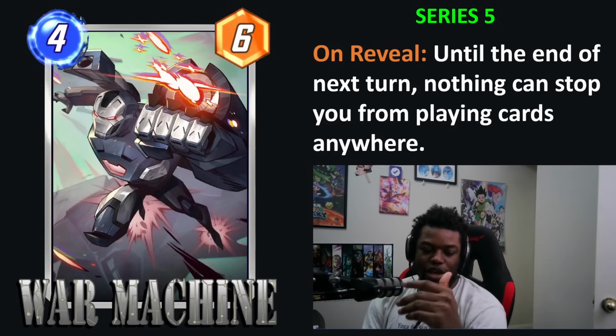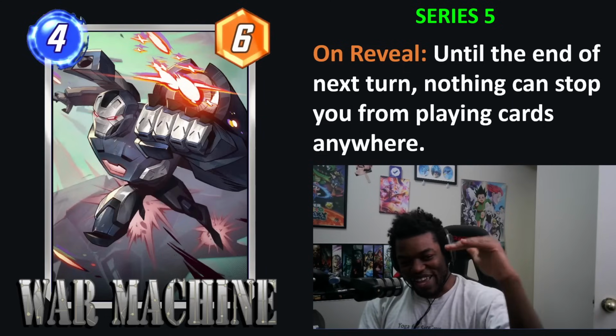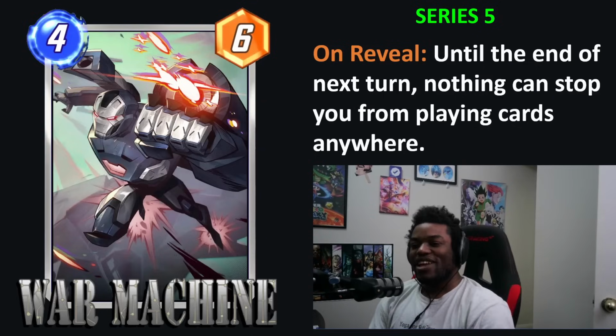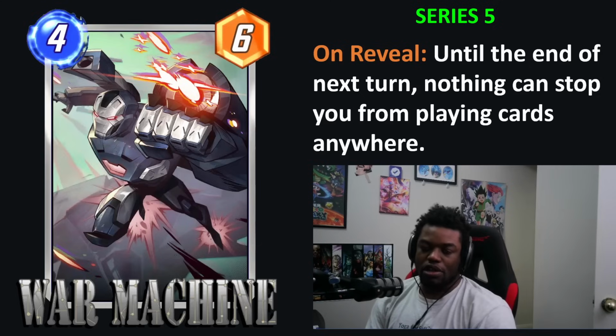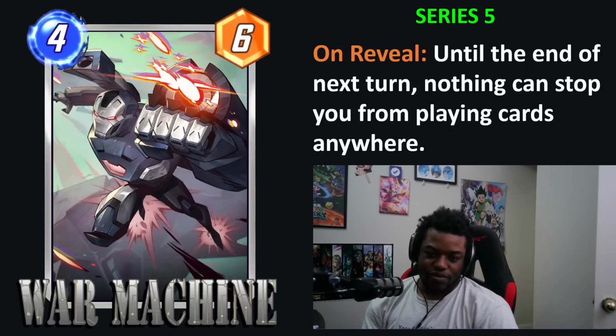But I do think Hope Summers into War Machine into Infinite is very clear cut, right? In terms of the curve. So I could definitely see things like that happening. So it does look to be a pretty powerful season. There's a lot of interesting cards here. All of them are Series 5, which I do not like. And I would,